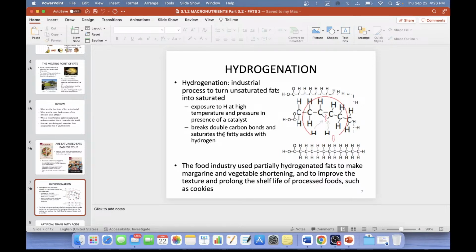So the food industry used partially hydrogenated fats to make margarine. That's how margarine was made. Margarine has the appearance and the consistency of butter, but it is made from vegetable oils, from corn oil or soy oil or other kinds of inexpensive vegetable oils through the process of hydrogenation. Margarine was used to make baked products such as crackers or cookies or cakes, but it was also sold as a substitute for butter during the 1970s and the 1980s